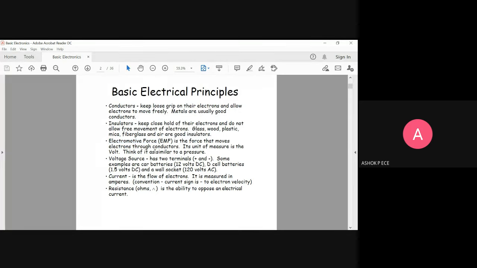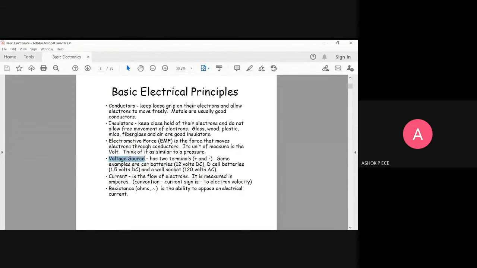Okay. And for electrons to move, there should be a force. That moving force is called the electromotive force. So the higher the electromotive force, the electrons will move very fast. The lower the electromotive force, the electron movement will be very, very slow. So it is similar to the pressure which you apply. If the force is more, electrons are going to travel in a much faster way.